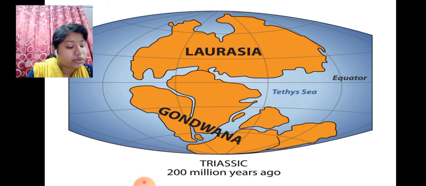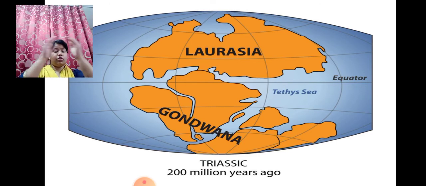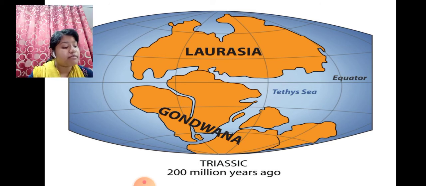India started moving around 7 million years ago. Some time earlier it moved and collided with the European plate, and folded mountains were formed in the northern part of India. These mountains are under a kind of stress and keep growing regularly, and hence they are called young fold mountains.